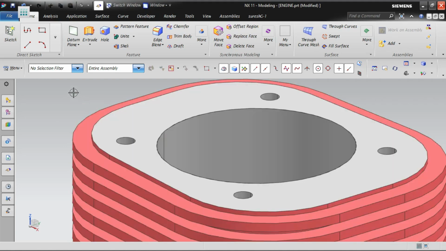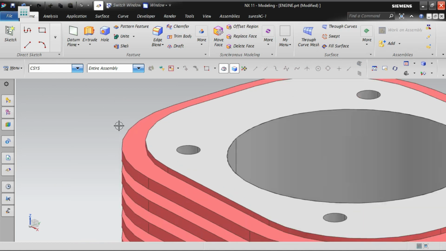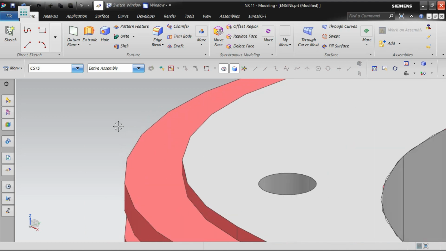If you make a right click on update display, the edges will look appropriate. The filter can be changed to something else other than the body or faces or edges, so that it may not get selected. Now you can see there is a distortion in the face. So now I'm making a right click and going for update display. Here you can see the clear edges and faces.